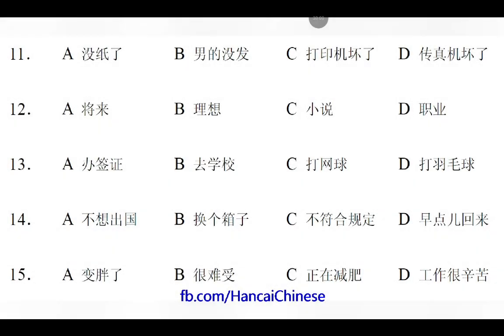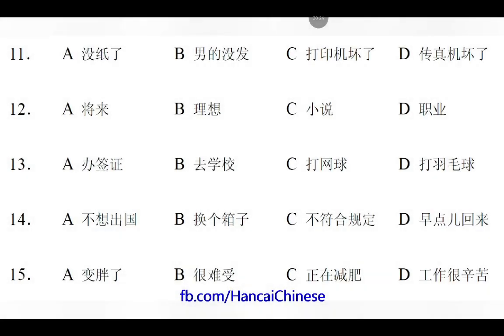带这么多东西，恐怕我得换个大一点的行李箱。难的是什么意思？15。你最近瘦了很多，工作很辛苦吗？